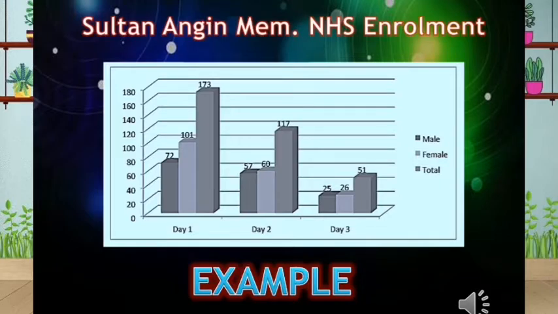Now, my dear viewers, I have here an example of data coming from Sultan Nangin Memorial National High School of the grade 8 student enrollment, using a bar graph for my graphical representation. So in here, the bar graph shows the remote enrollment data of incoming grade 8 students of Sultan Nangin